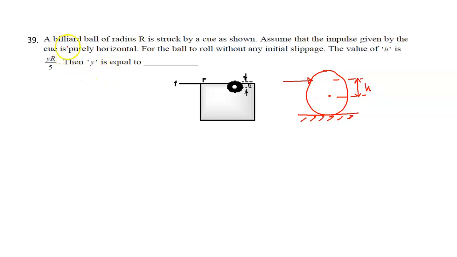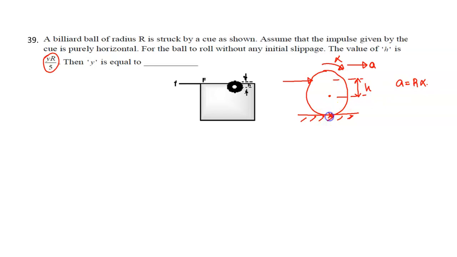So the question given is, a billiard ball of radius r is struck by a Q as shown. Assume that the impulse given by the Q is purely horizontal. For the ball to roll without any initial slippage, the value of h will be yr by 5. What will be the value of y? So here if this is not going to slip, then its linear acceleration and its angular acceleration can be related as a is equal to r alpha,